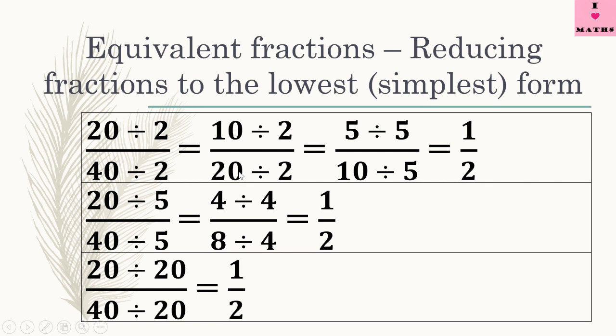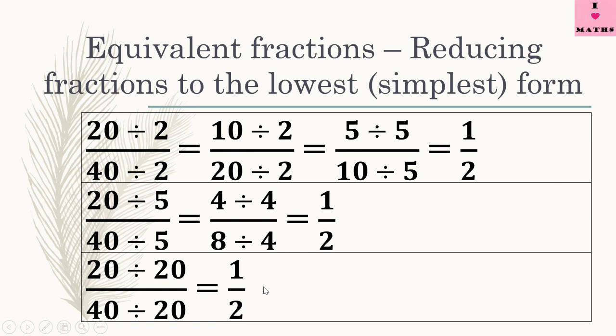And I just want to bring it to your notice that here we have done it in 3 steps. So, please look at the numbers with which we have divided: 5, 2 and 2. 5 twos are 10 and 10 twos are 20. So straight away he has divided the numerator and denominator by 20. Okay, here you see we have done it in 2 steps, 5 and 4. Now 5 fours are 20. Straight away he has done this same thing in 1 step and this child has done it in 2 steps. So this way is correct, this way is also correct, and this way also is correct.